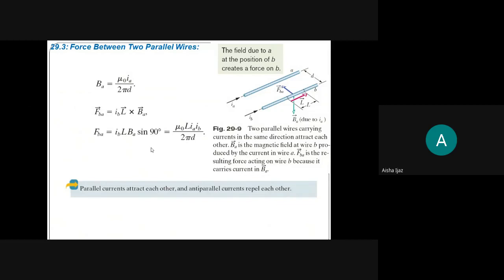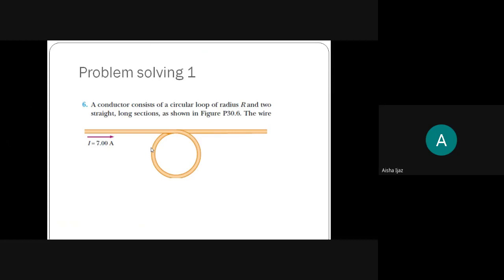Hope it's clear to you, because even in your transmission lines you can see the currents: if they are parallel they will attract, and if they are anti-parallel they will repel. So whenever current is flowing in the transmission line, you can see that it will be anti-parallel, not parallel. Because parallel currents attract, otherwise the wires will collapse. So it will be anti-parallel, so that there will be some distance between them, they repel each other, otherwise they will collapse. So I hope this lecture is clear.